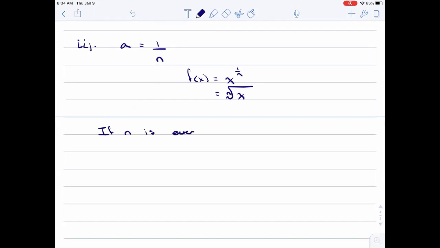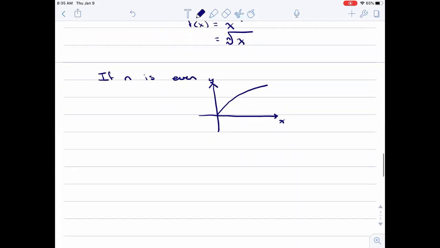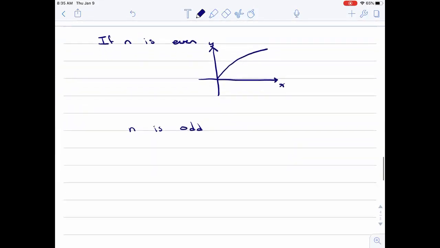If n is even, the general shape is going to be something like this, starting at 0. Just notice here that the domain is only from 0 to infinity, and so we can't have any negative outputs, and that's all right. If n is odd, then we can have negative outputs. I guess I should do both sides, x and y, and it'll look something like,